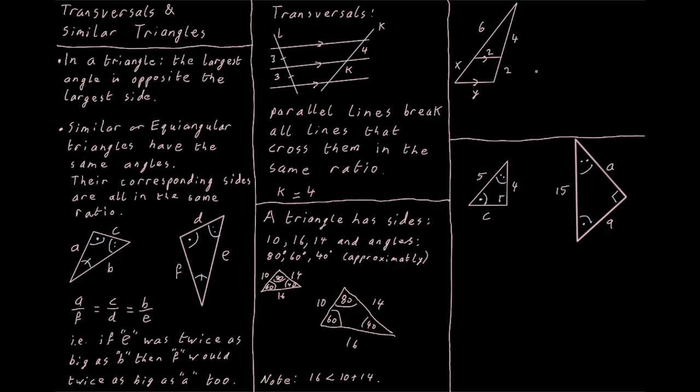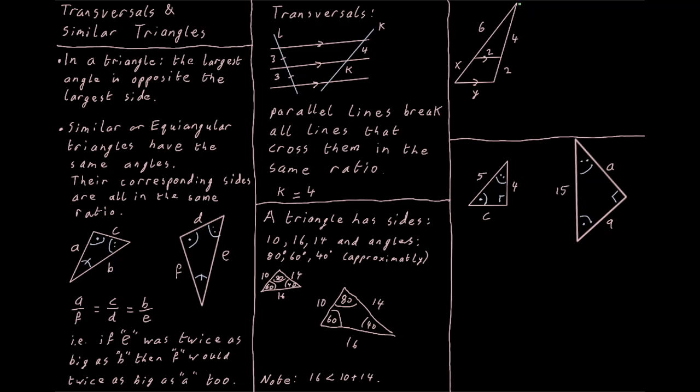How would I use the fact that I know I have transversals or similar triangles to find my missing sides of x and y? Well, I know that the ratios of the sides are going to be the same for my similar triangles, or how the sides get broken up by my parallel lines would also be the same. The ratios would be the same. So if I look at my side length x here, and I look at the other sides in my triangles,